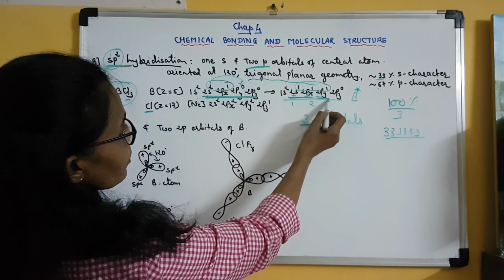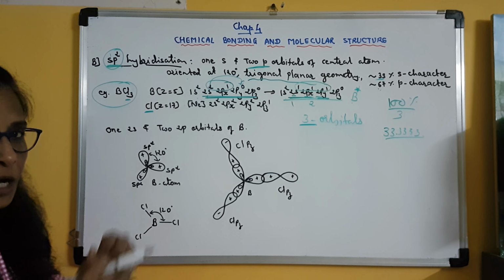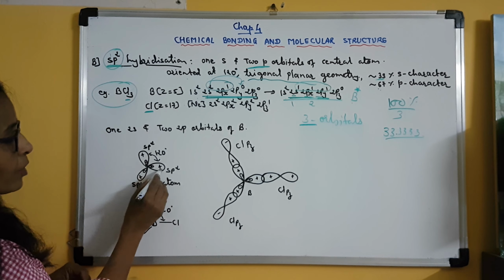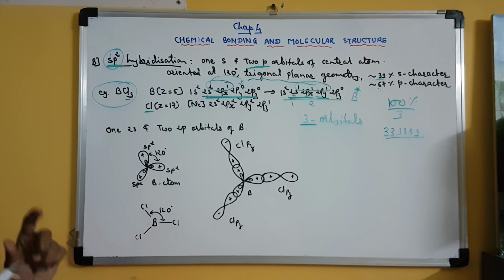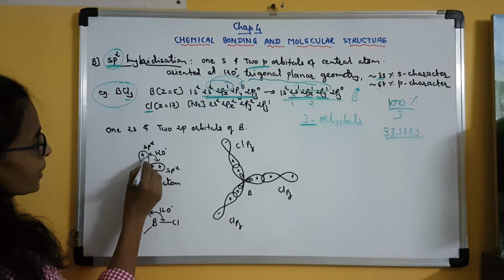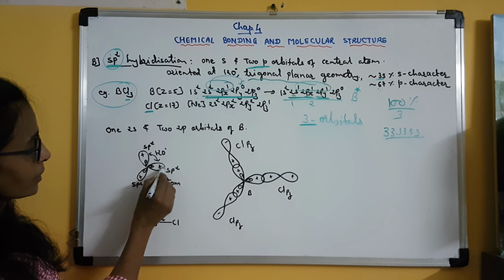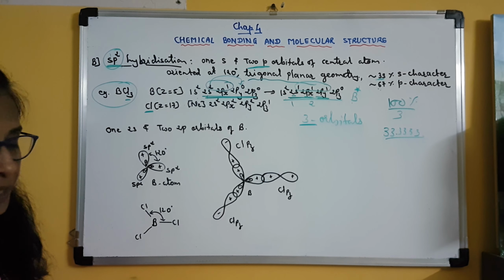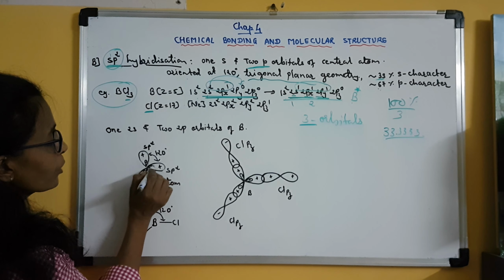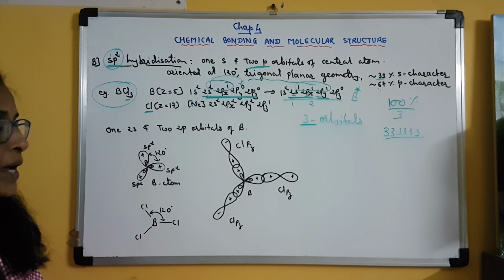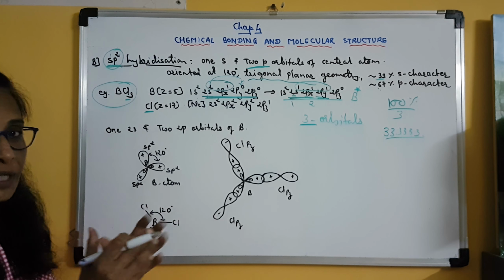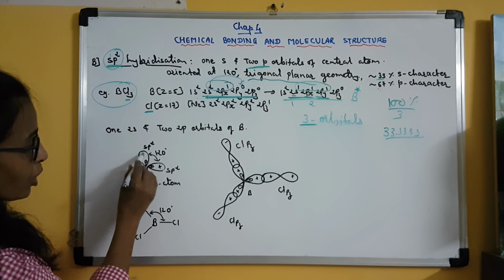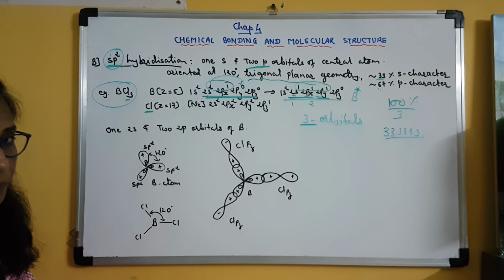So these 3 atomic orbitals of boron will be mixed up, they will be hybridized. So when they are mixed up, this type of hybrid orbitals are produced. Here you can see this is one sp2 hybrid orbital, this is another sp2 hybrid orbital, and this is the third sp2 hybrid orbital. Here also the negative lobes are shrunk and the positive lobes are prominent. Is it clear? Now these 3 hybrid orbitals, all of them are sp2 hybrid orbitals. Clear?